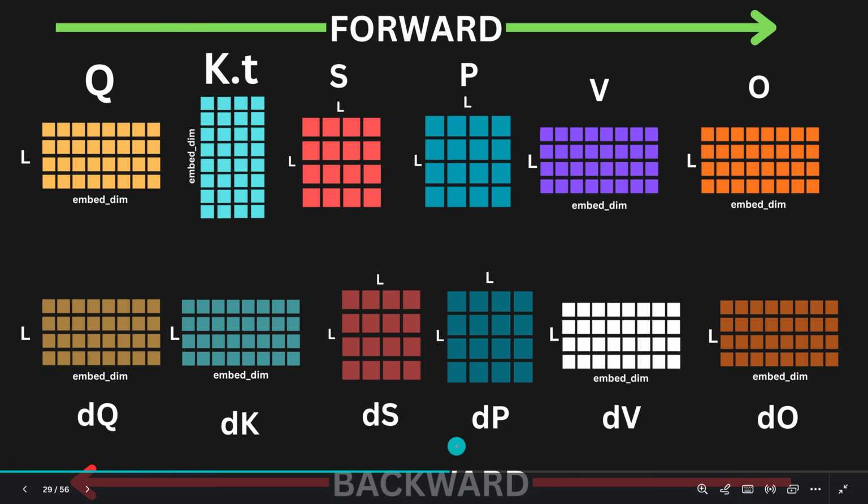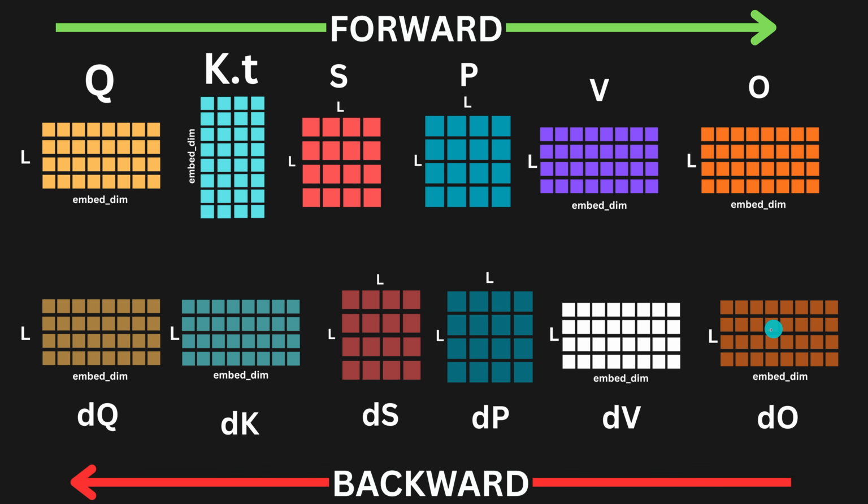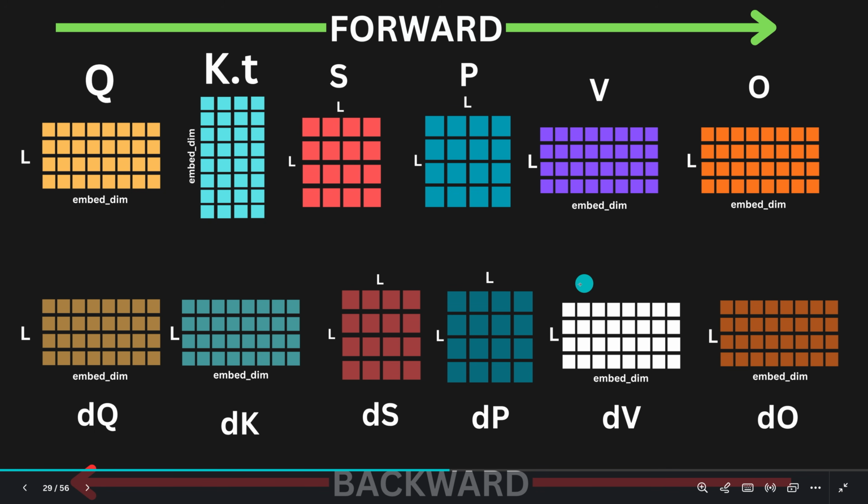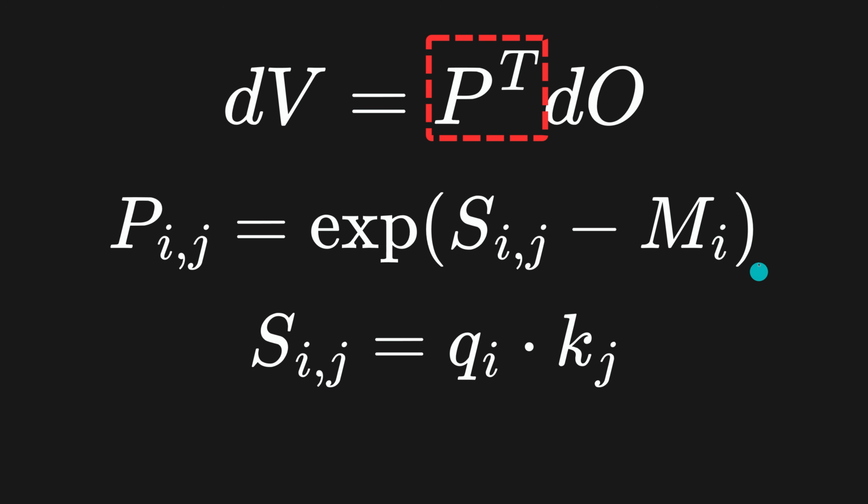And so here's what it's going to look like. In the forward pass, we have qk transpose, all of this stuff. And in the backward pass, we have all of this stuff. What we really care about right now is dv. That's what we're looking at, that's why I've whited it out. And we're going to accumulate gradients into here. And so this p transpose right here,